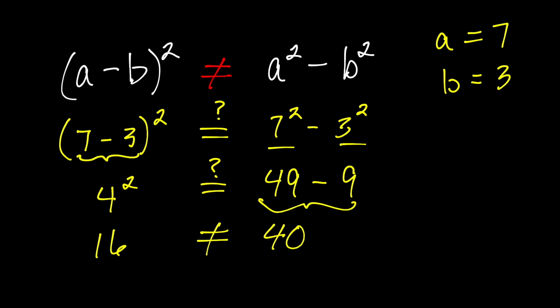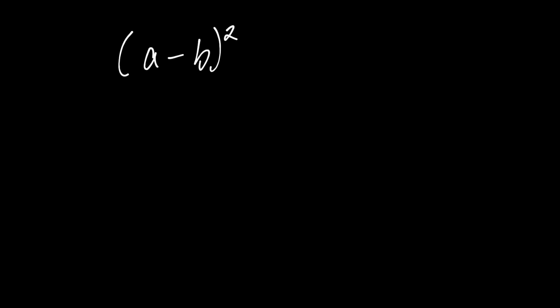So just sometimes if you're not certain of something, students just need to pick a number and substitute it in place of the given variables. So when you see a minus b, the quantity squared, like we have it right here, this whole quantity is being squared. What this really means is a minus b